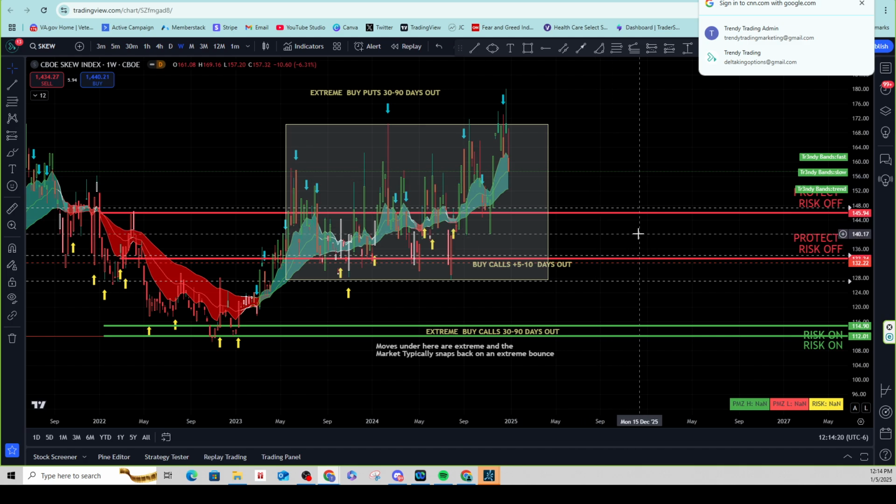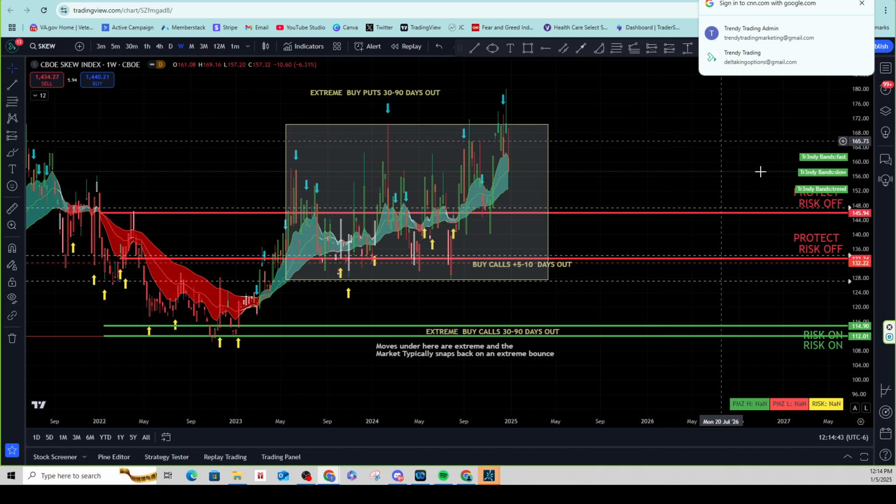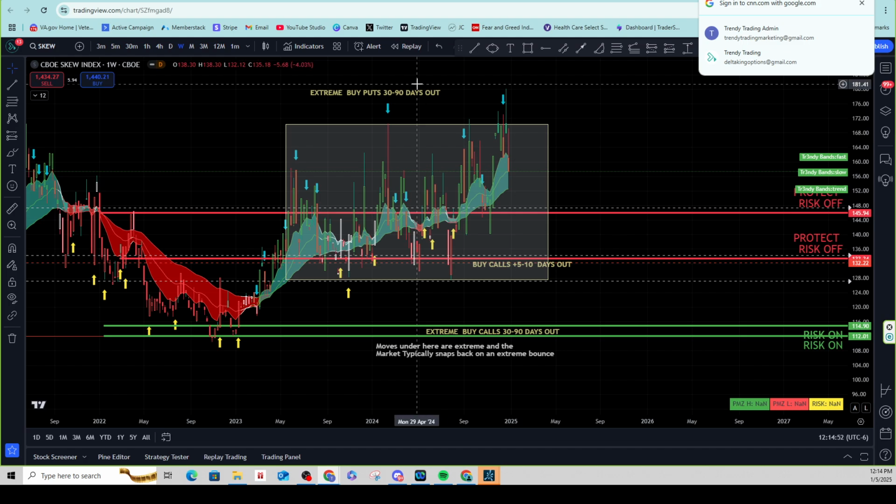Now, I want to bring this note up because you might have forgotten, but looking at the data here over the last year and a half or so, we never had more than 1 week close below this line. And I always said, hey, if we close 1 week underneath here, you want to be cautious. So I still want to say that going forward in 2025. Okay, so, guys, listen, the dollar, the SKEW, and the 10-year treasury say there's a little bit of caution in the market.